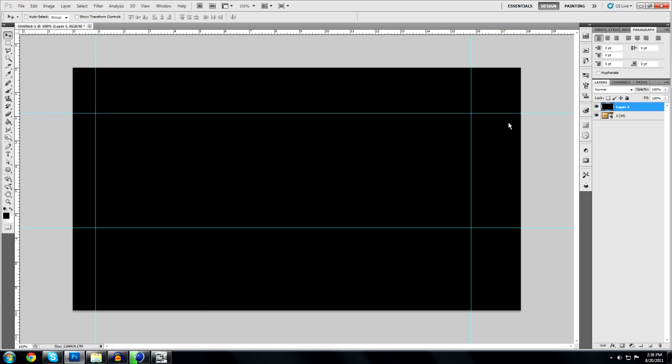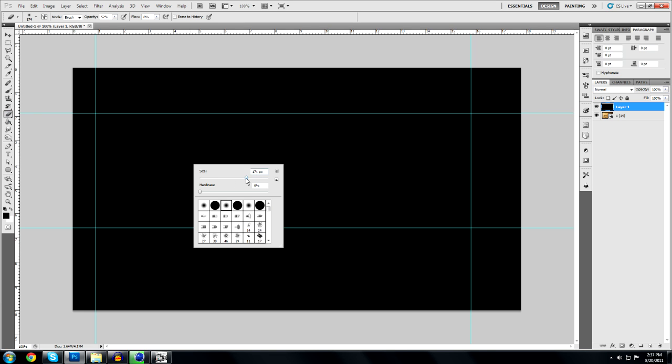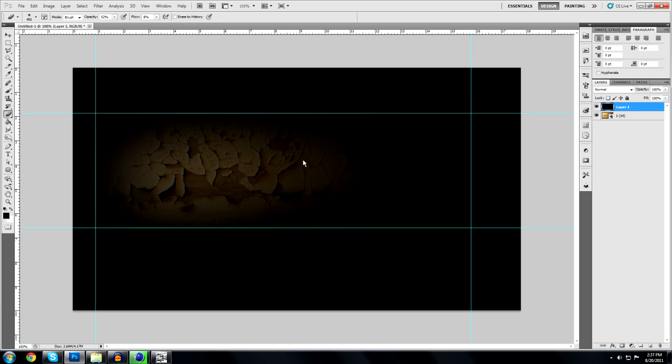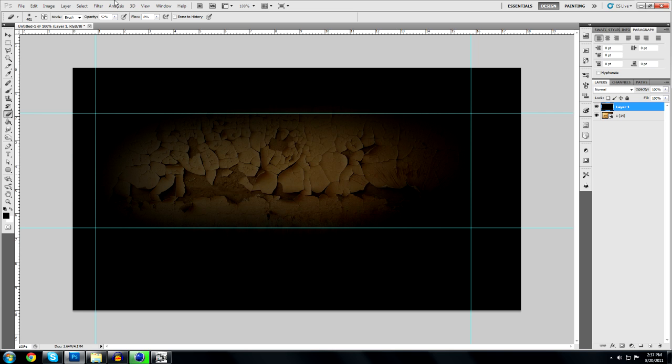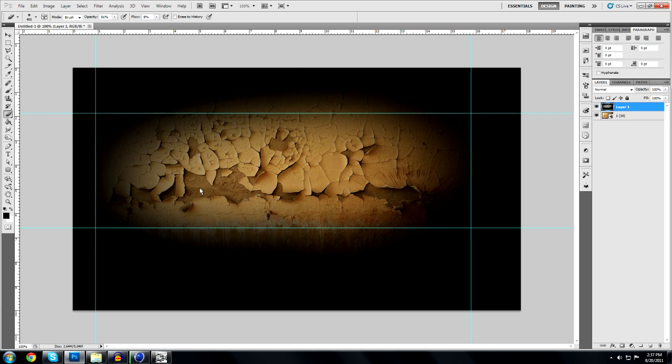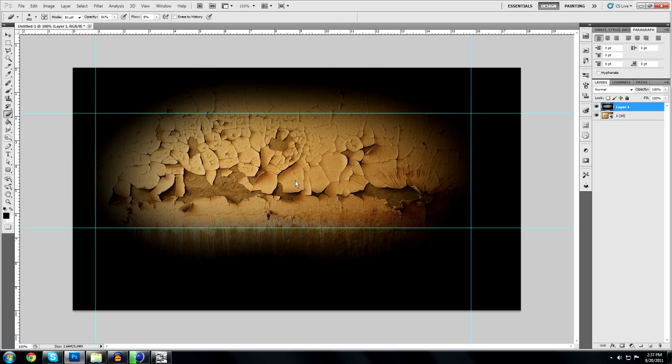A lot of people will just end up erasing the edges of this picture, but I suggest you get your eraser tool, make sure that it's a good size, make sure it's on the fade, maybe to right there, and just kind of erase this black part. I need to turn my opacity up, maybe just kind of highlight. Alright, then I'm going to do it one more time. 100. Alright, so now that we have that,